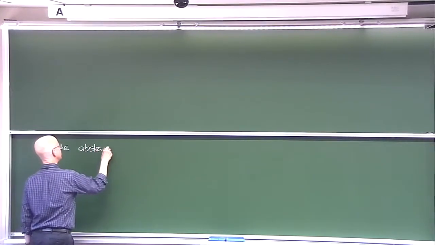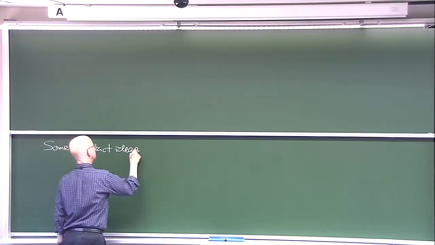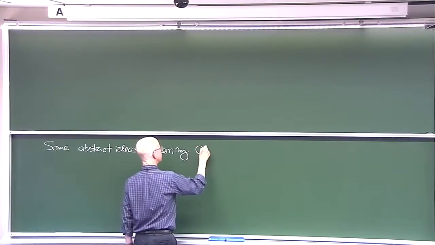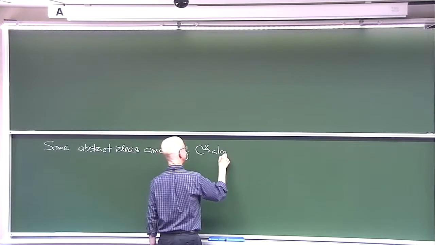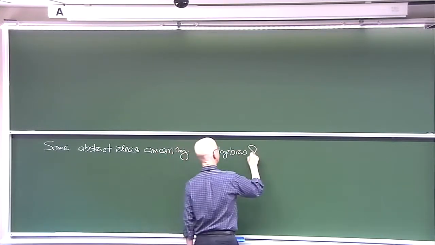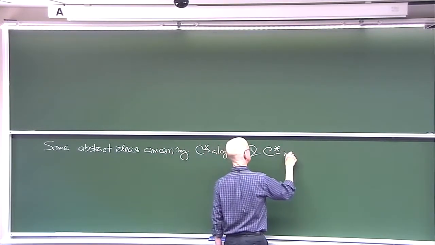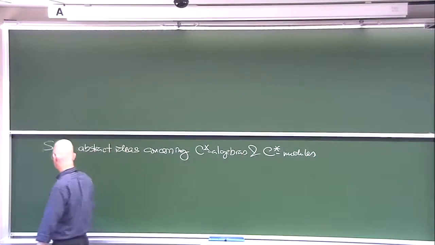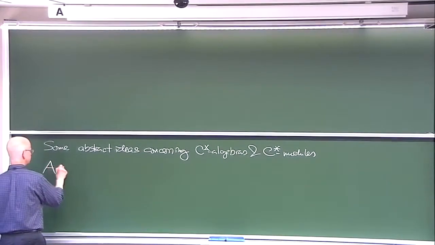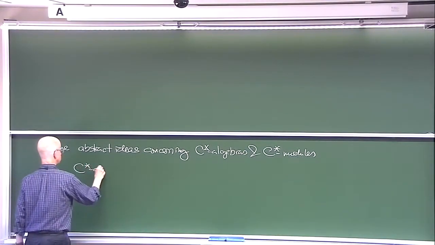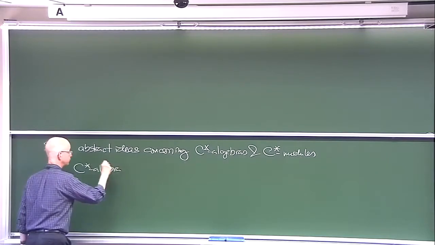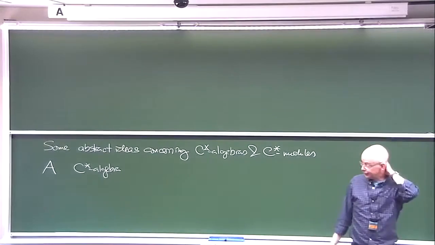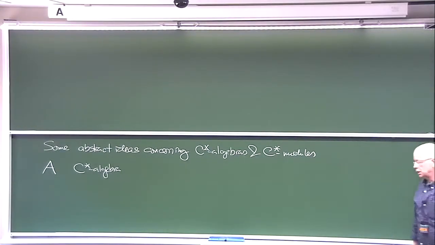first of all, just some abstract ideas concerning C-star algebras and Hilbert modules, C-star modules, I guess we're calling them. So suppose you have a C-star algebra A. Eventually, it will be a group C-star algebra, but not at the beginning. And